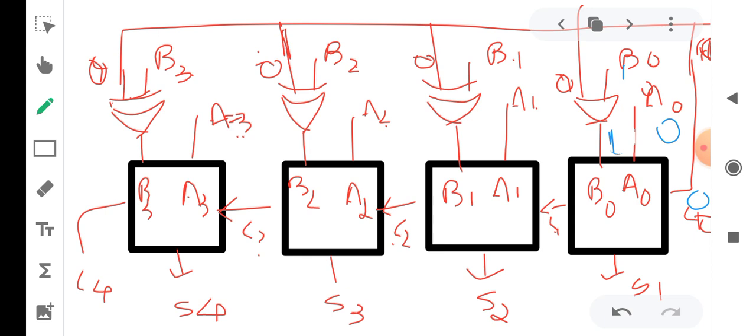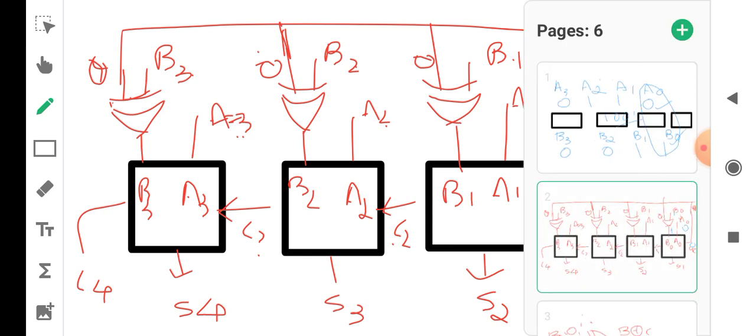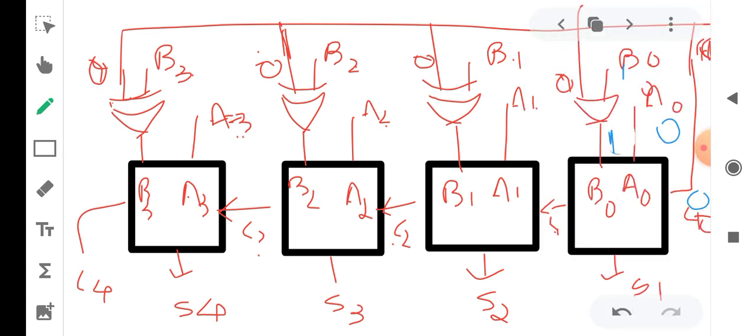So a0 is equal to 0 and b0 is equal to 1. So that is 1 plus 0 plus 0. What is 1 plus 0 plus 0? That is 1. So sum is 1 and carry is 0.